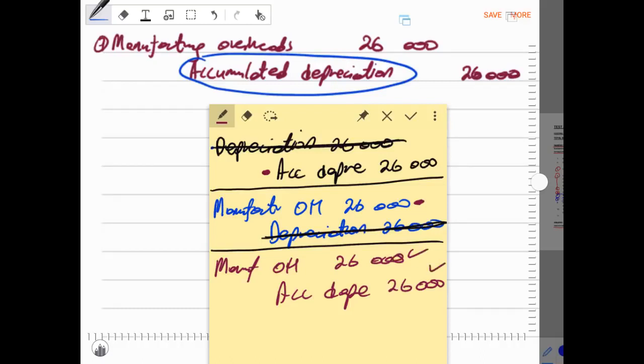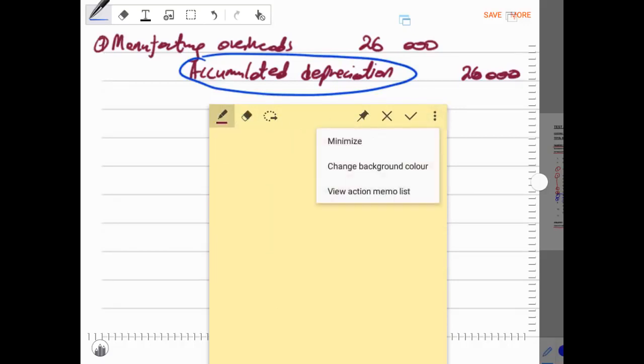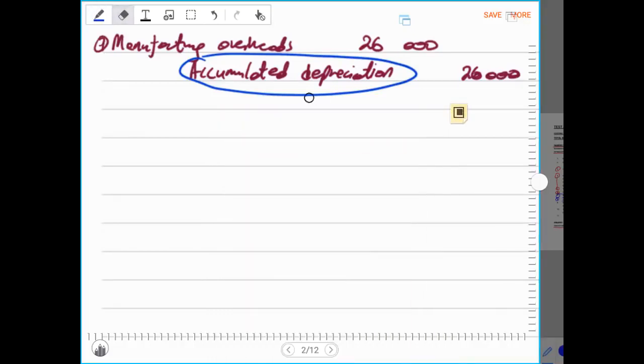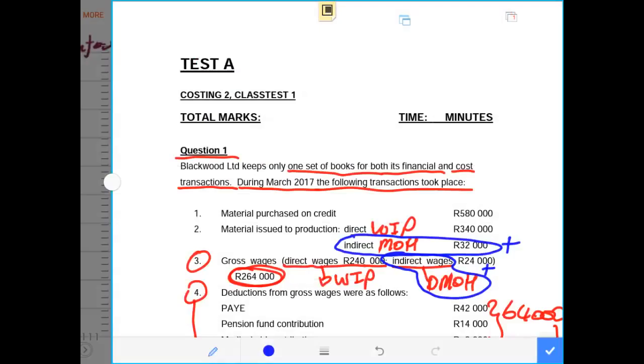We are recording the third part of this entry. However, initially it was 26,000, then that was transferred into the manufacturing overheads. So now hence the contra entry is accumulated depreciation. And I hope this makes more sense perhaps to someone who needed some understanding in terms of this general entry. Then after we go to the next transaction, and the next transaction is